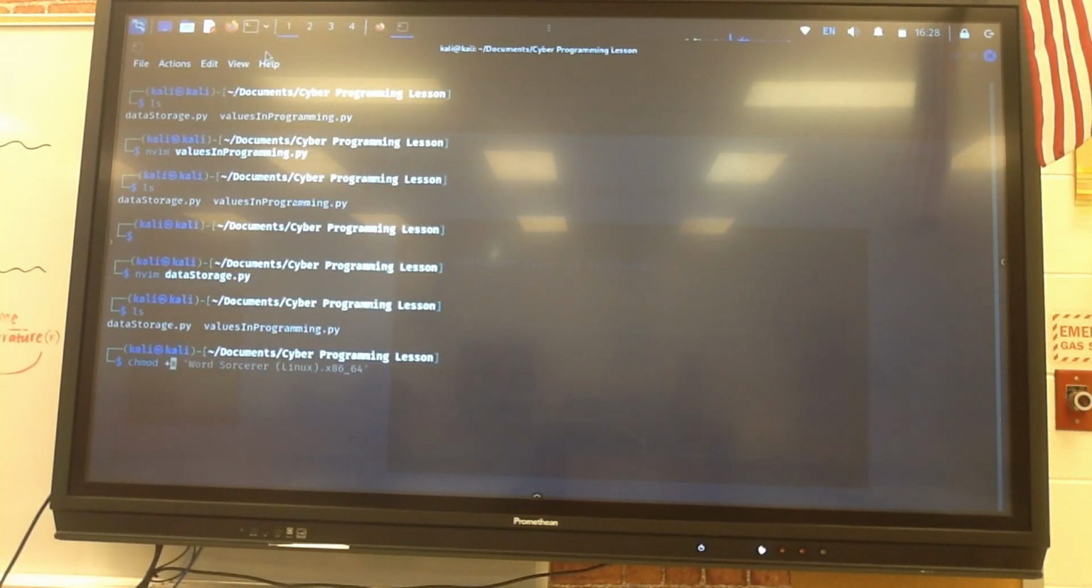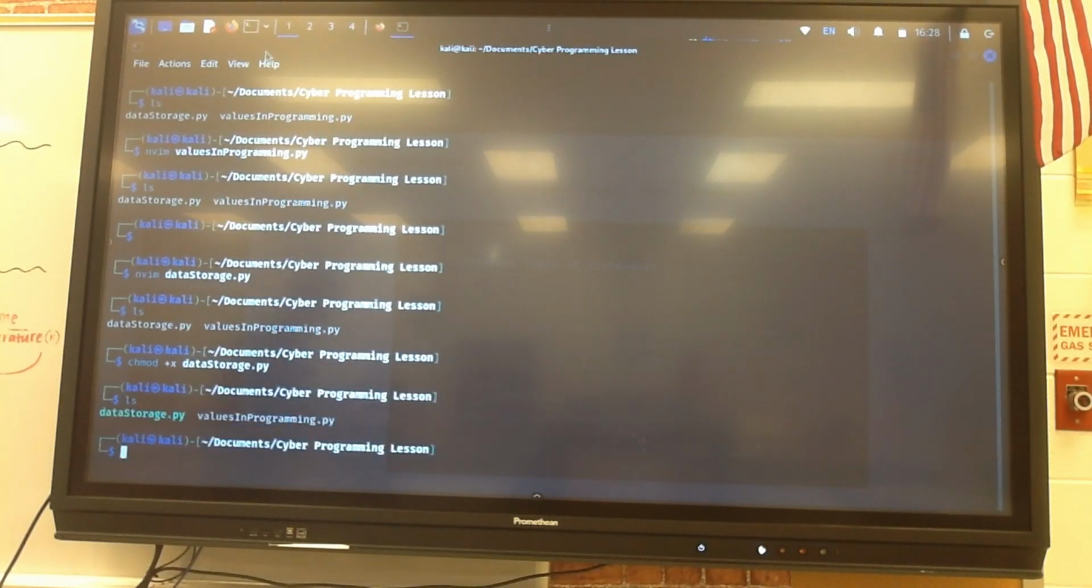So to have execute permission for a file, you'll need to run the command chmod +x. If I do chmod +x data_storage.py, and then type ls again, boom, now I can actually run the file because it has execution properties. So if I run it,